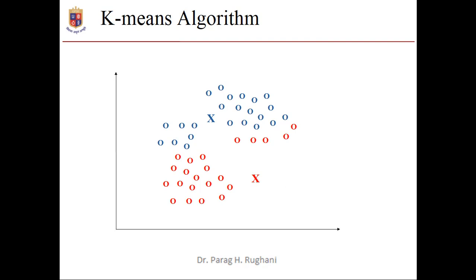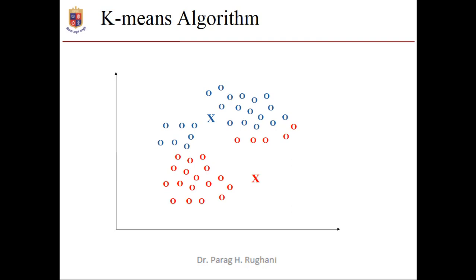So let us do this and it would look like this. Now you can say that there are two clusters, one with the red color and another with the blue color. This is our first step. Based on the cluster centroid, the nearest points have been identified and placed into the different clusters. As you can see, it's not the perfect clustering, because some of the points which look like they belong to the red zone are shown in blue, and blue are in the red zone.